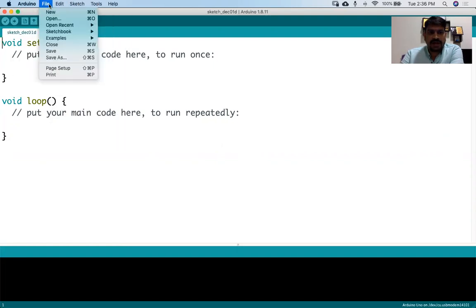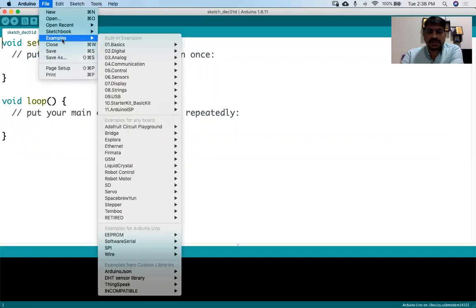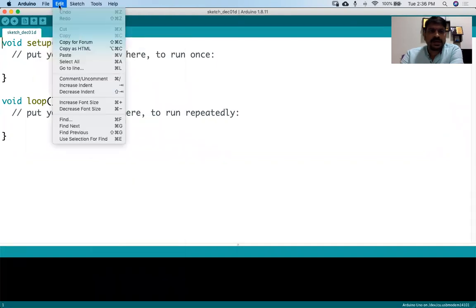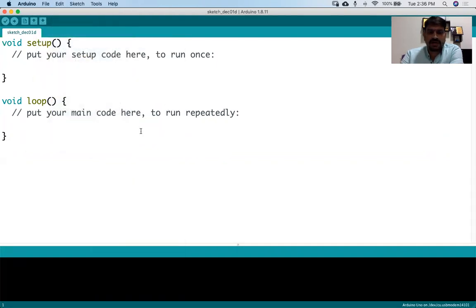Then we have the file, with which we can open different file examples. The edit is for editing this particular screen. But the important ones are sketch and tools. Let's go through these two menus one by one.